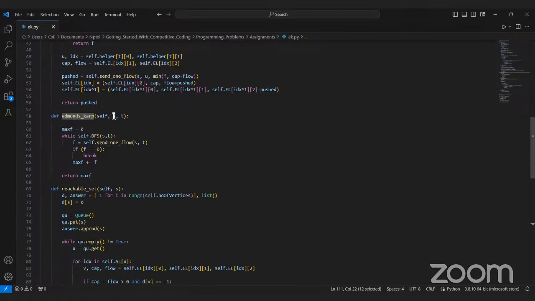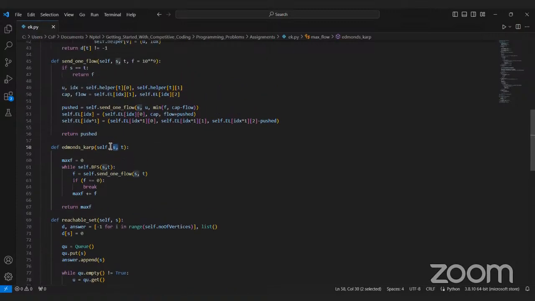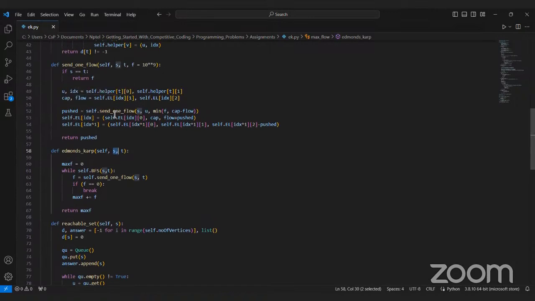So the idea is you have this source and your target. You figure out whether there is a reachable path from S to T using the breadth first search itself. If there is, we send one flow onto that path, and once we send that flow, we also create the residual graph as well. So as long as the graph has a path from S to T,